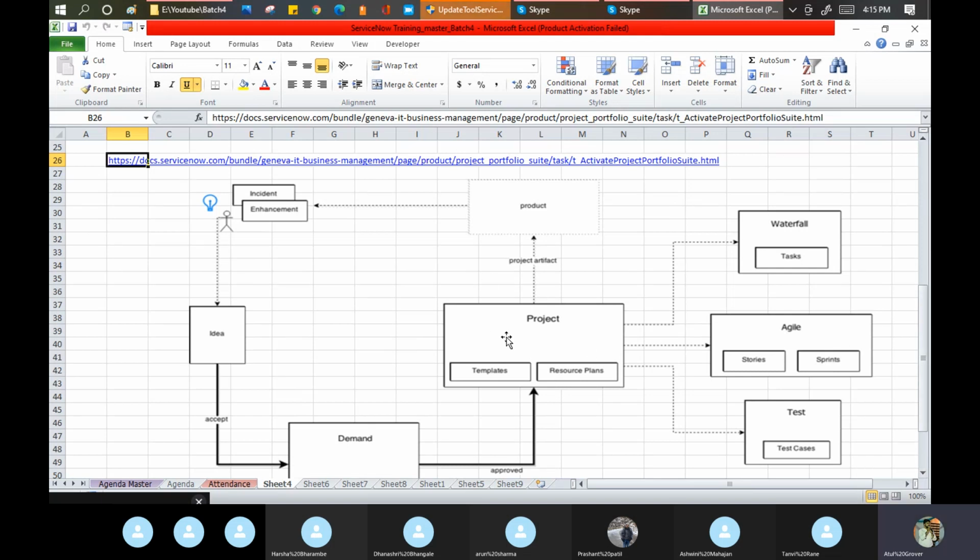Now in that project, I need the resources. What resources do you guys need? On day one, I told everyone should be logged in with their laptop. Number 2, I said everyone should be able to attend with a good broadband connection. Number 3, I will give you the exercise in the meantime. So that project has resources and you plan it.